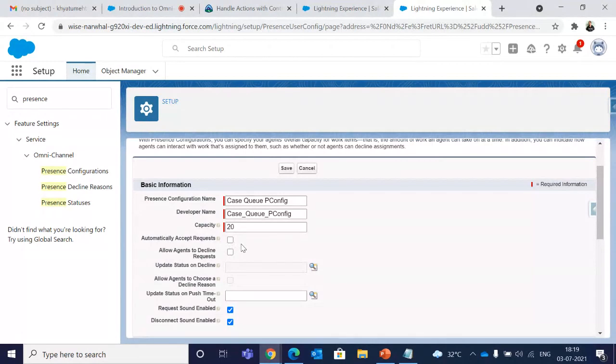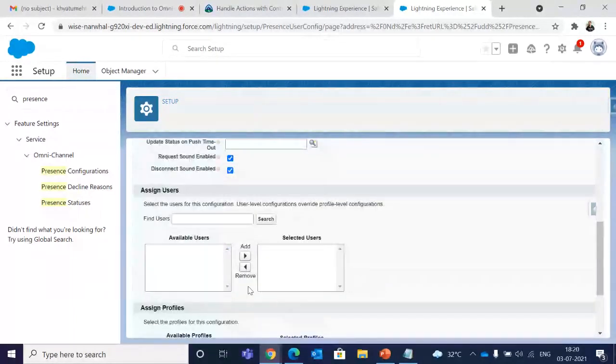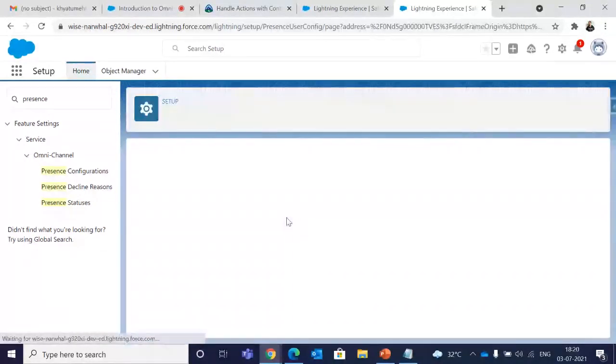So whenever a case is routed, I won't have any option to decline or accept it. It will automatically be accepted. And there's allow agents to decline requests. If I want to decline it, as an agent I'll have the option of declining it as well. I don't want any of this, so I'll just click on save.